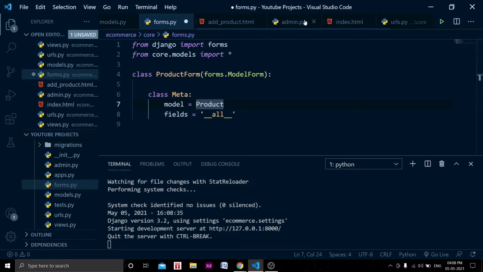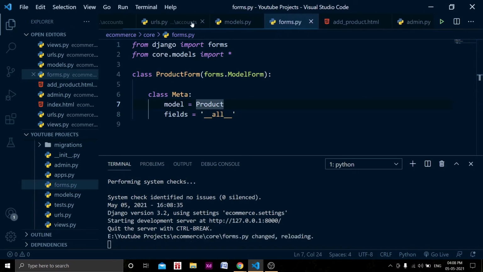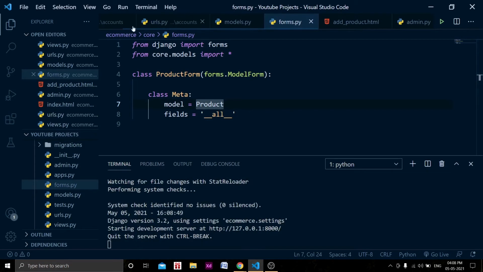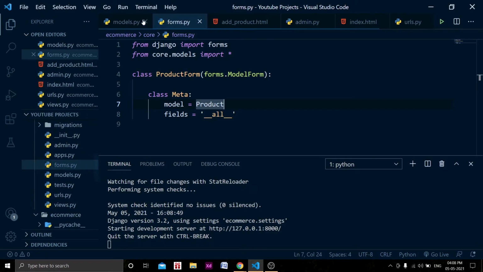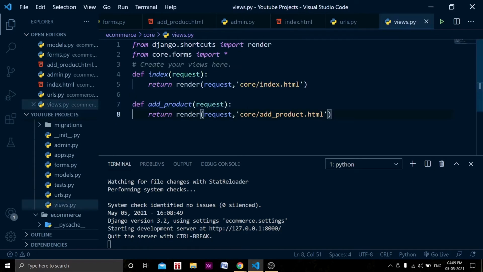Okay, so in the views.py file I have imported that. Where is that views.py file? Okay, just close all these things, because we don't want them now. We are going to work in the core part only. So in the views.py file, okay, so we have add product and we have imported all forms from there. Now what we will do here is